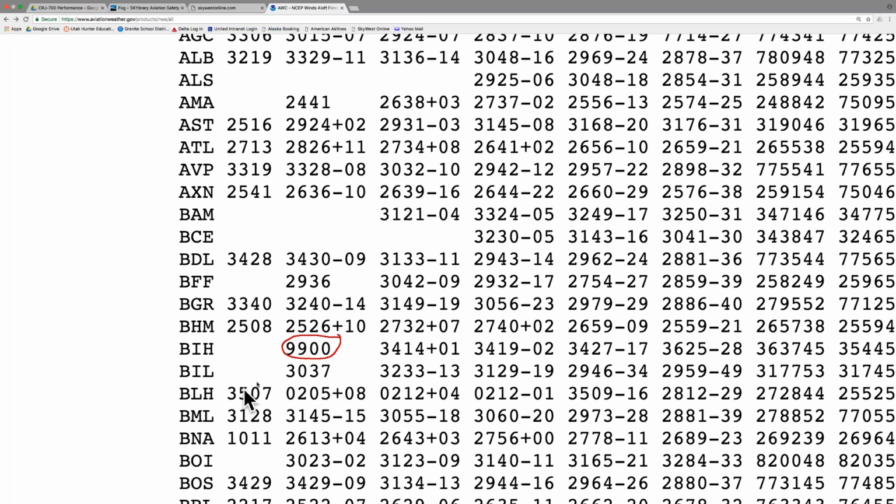So even if we take away our 50 from that, what do we come up with? 49. Still not logical, right? On our compass rose, it's still not a logical wind direction. So if you ever see a 99 and a 00, that means wind's calm. I want you to write that down, everybody: 9900 equals wind's calm.